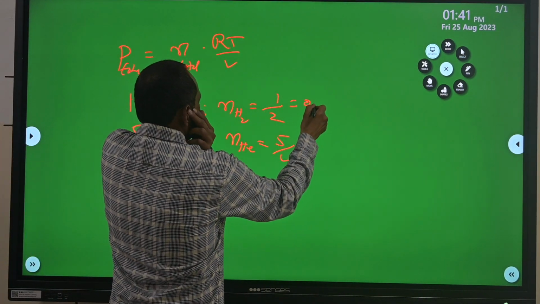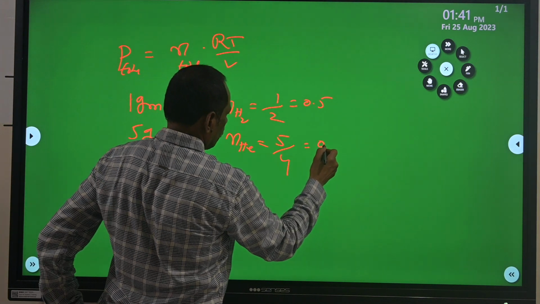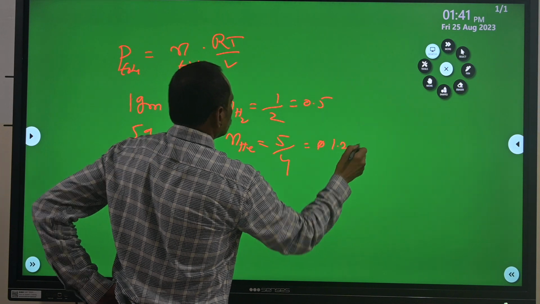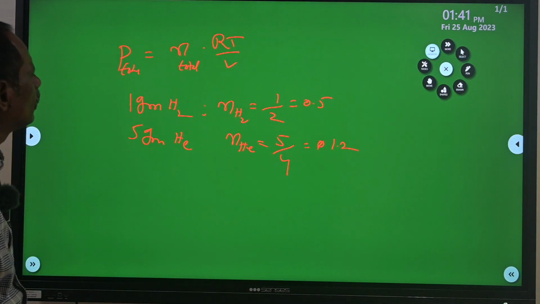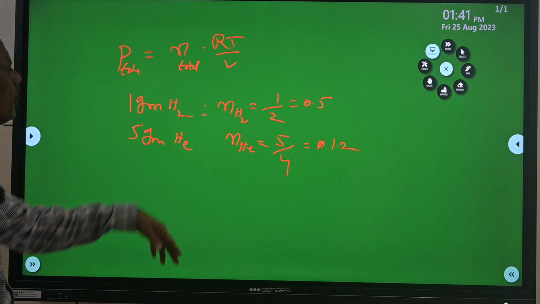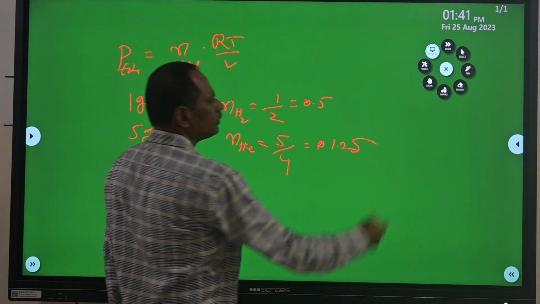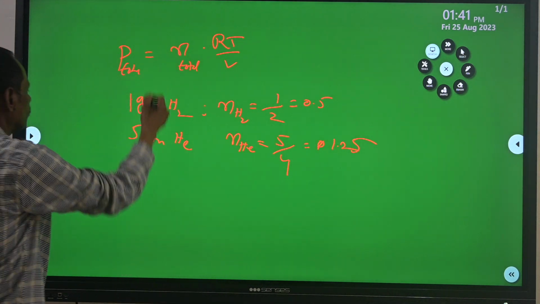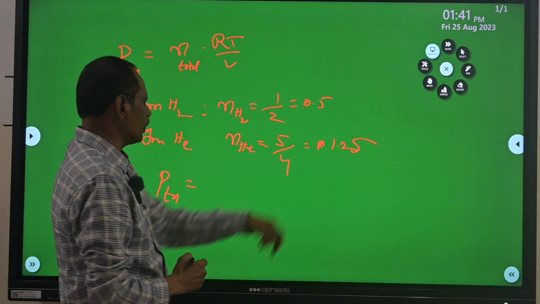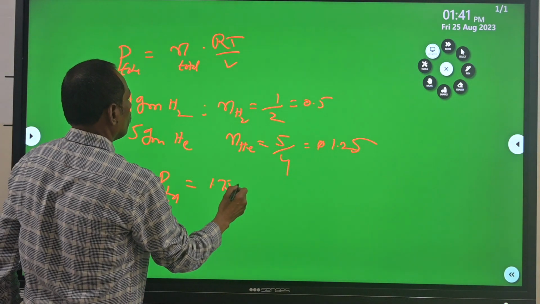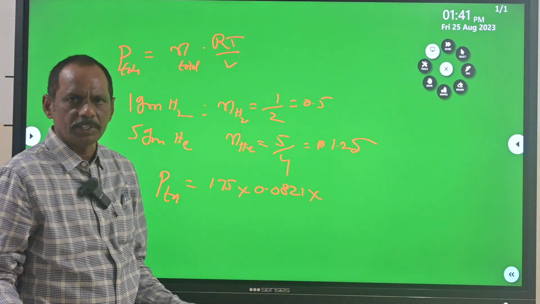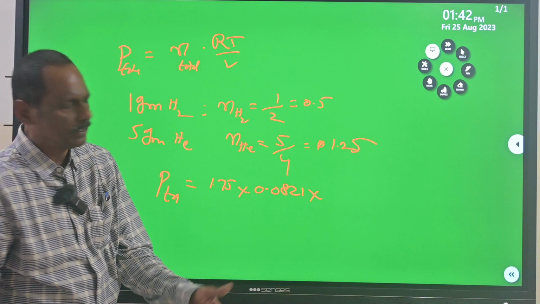So it is 0.5, and for helium it is 1.25. Then the total pressure is equal to total mole number, 0.5 plus 1.25, that is 1.75, into R, 0.0821, into temperature. The temperature is given as 20 degrees, so 20 plus 273 Kelvin, 293,